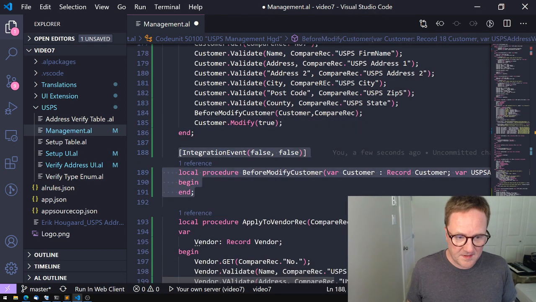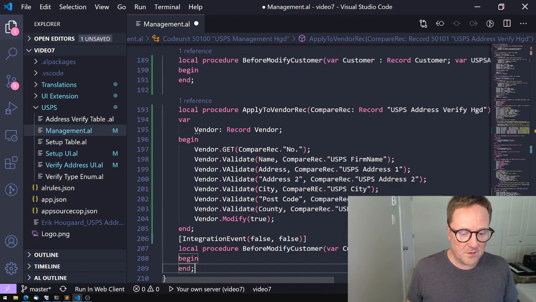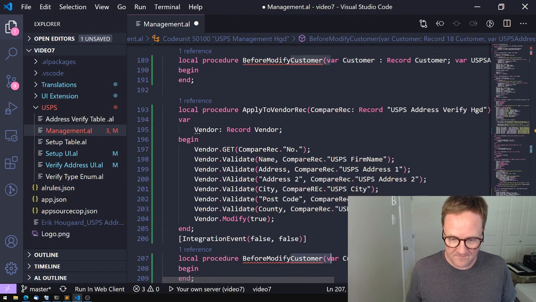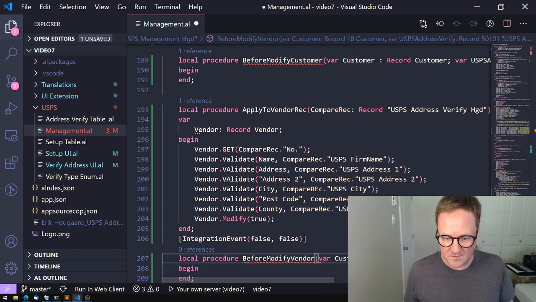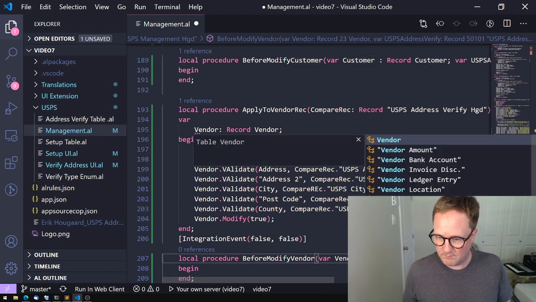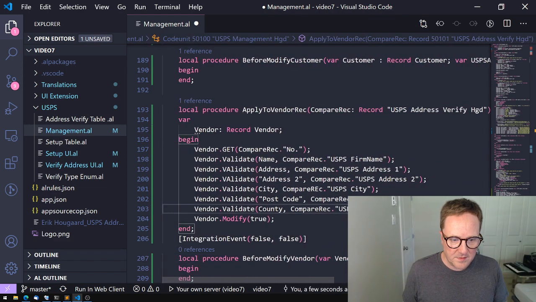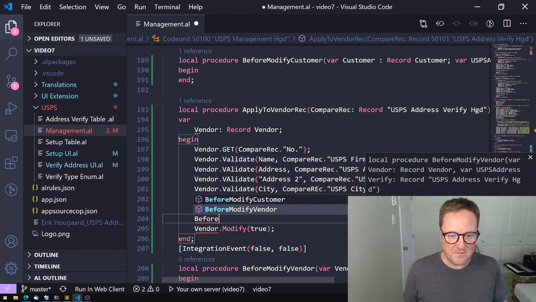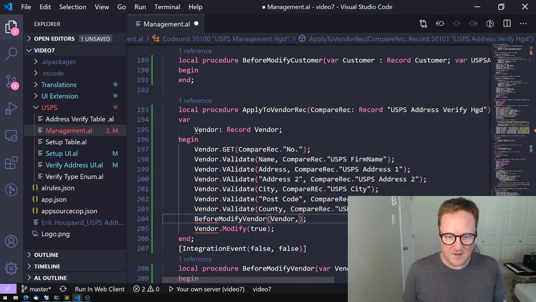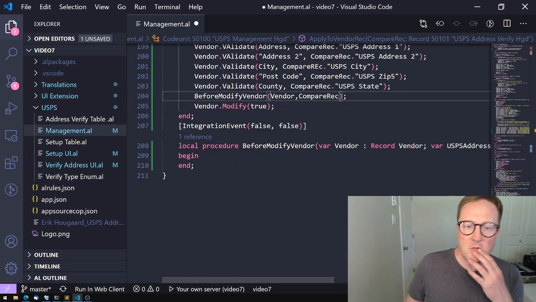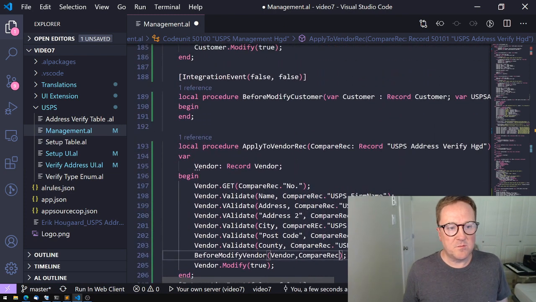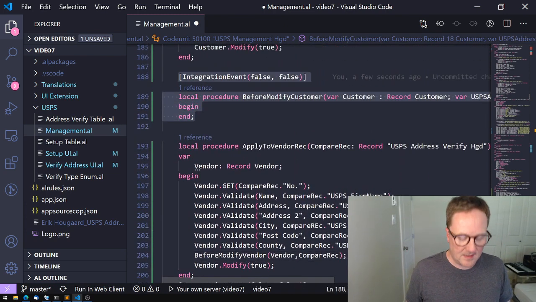Very quickly, let's do the same thing for before modify vendor, and this is one of the greatest risks there is: copy pasting code and not remembering to change everything, but I think in this case we are good. So before modify vendor, we pass the vendor, we pass the compare rec. Boom, there you go. So now we have two events,